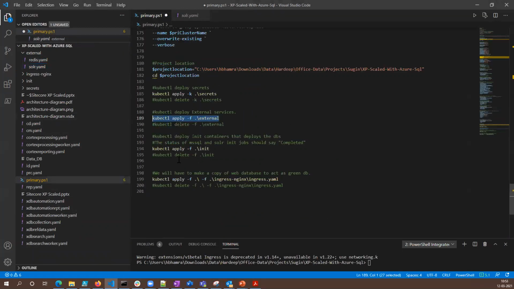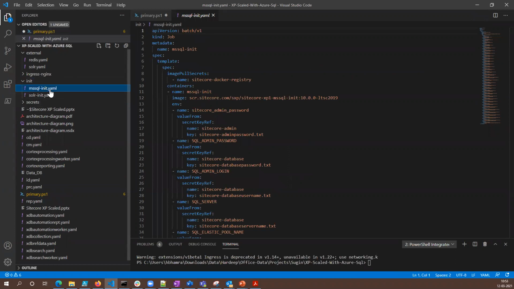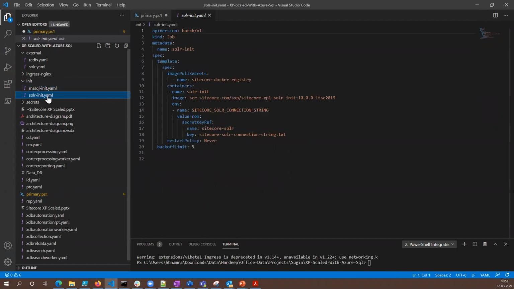Coming back to the primary one again, the other thing that we apply is the init containers. The init containers are the ones that are going to create the databases and set up the cores and the Solr and stuff like that. We've got only two here: the MS SQL init and the Solr init. There have been changes made here. Again, the topic is not to talk about the manifest files in this; it's simply to show it to you in XP scale.